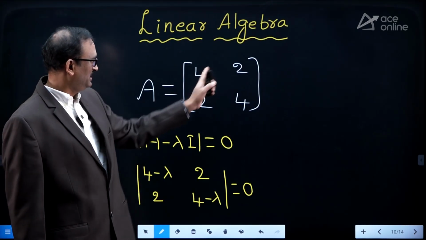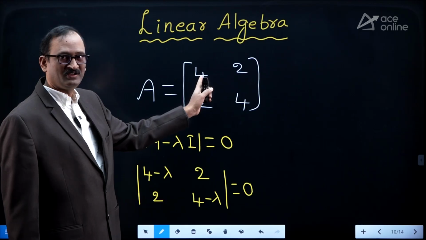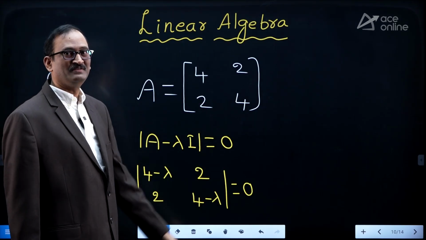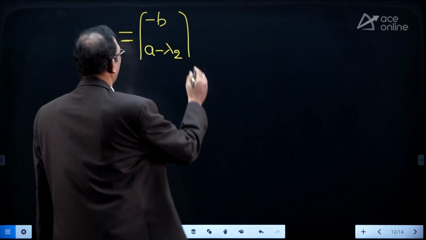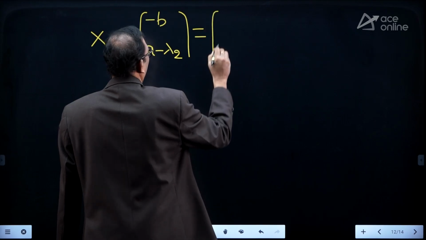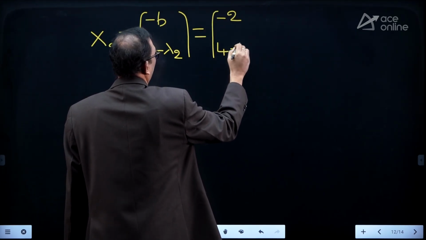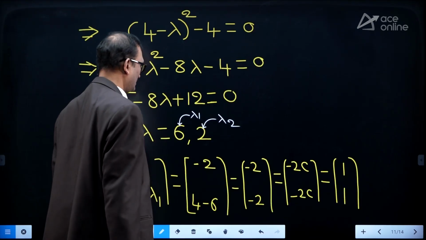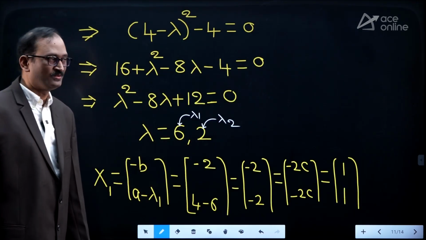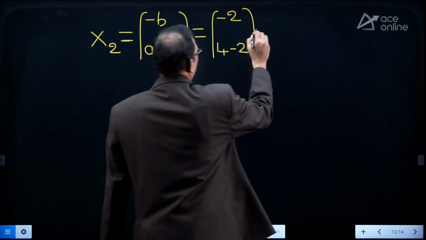So a, b, c, d. So a value 4, b value 2. So b value 2, a value 4. So minus 2, a value 4, 4 minus lambda 2. Second eigenvector, second eigenvalue 2, lambda 2 value 2. So therefore it is